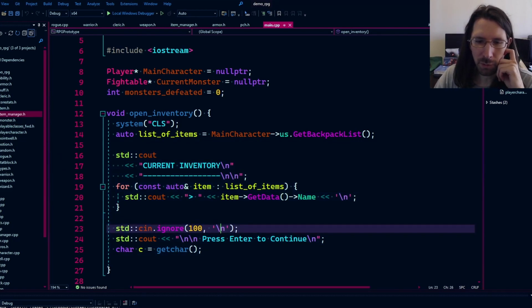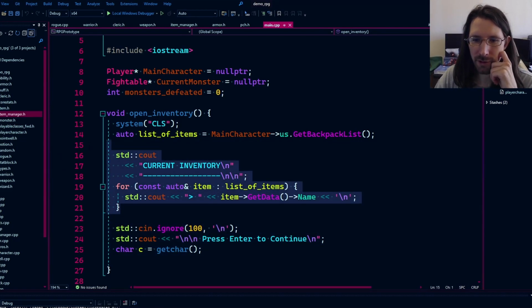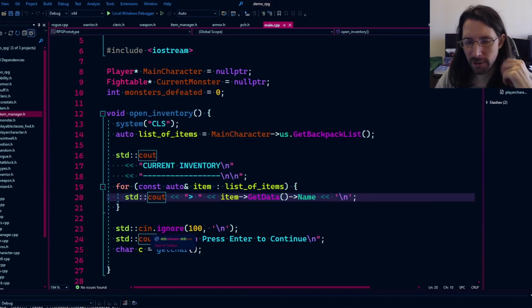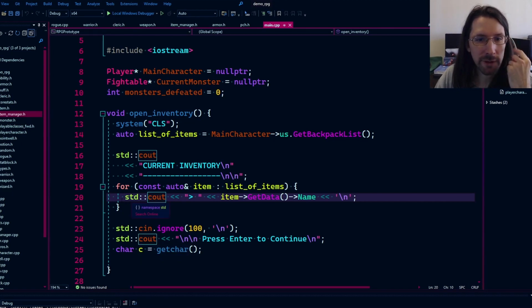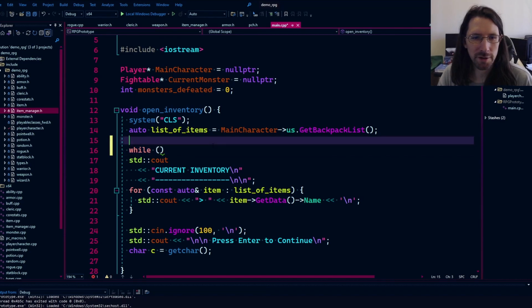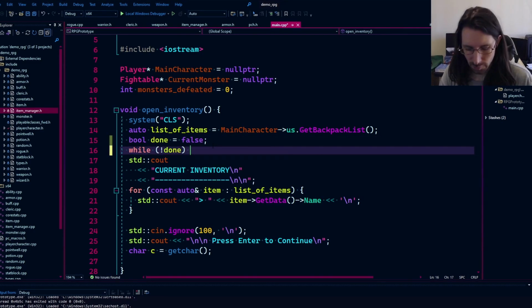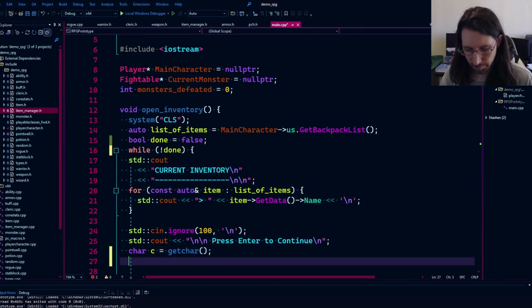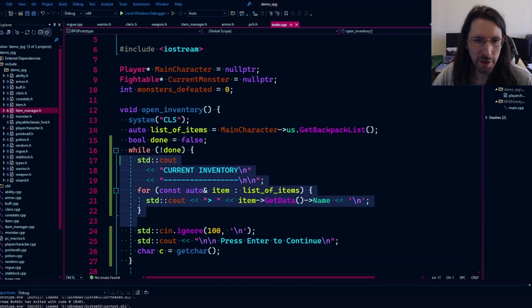and then we can just exit. But what we want to do instead is show the list, but we also want to have some sort of cursor so that we can select things from the list. And we're going to have to do this through a loop. So essentially we are going to put this in a while loop, and we'll say not done. So I'm going to make a boolean here, just a local one. Set it to false, while not done. So while we're not done with the inventory, we're going to go through this loop of displaying the inventory and